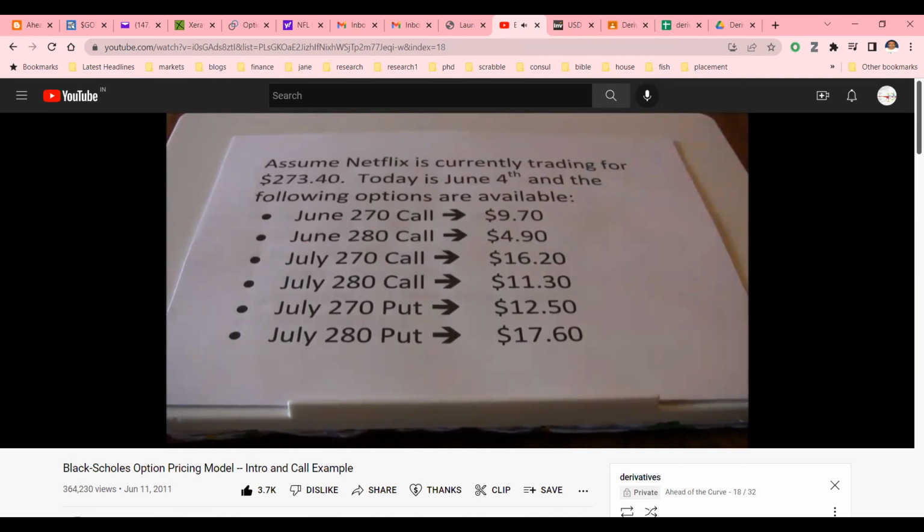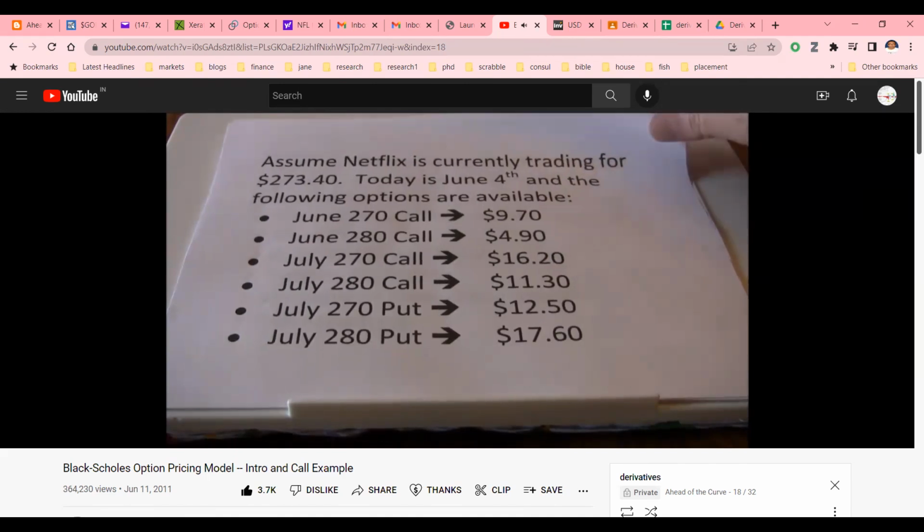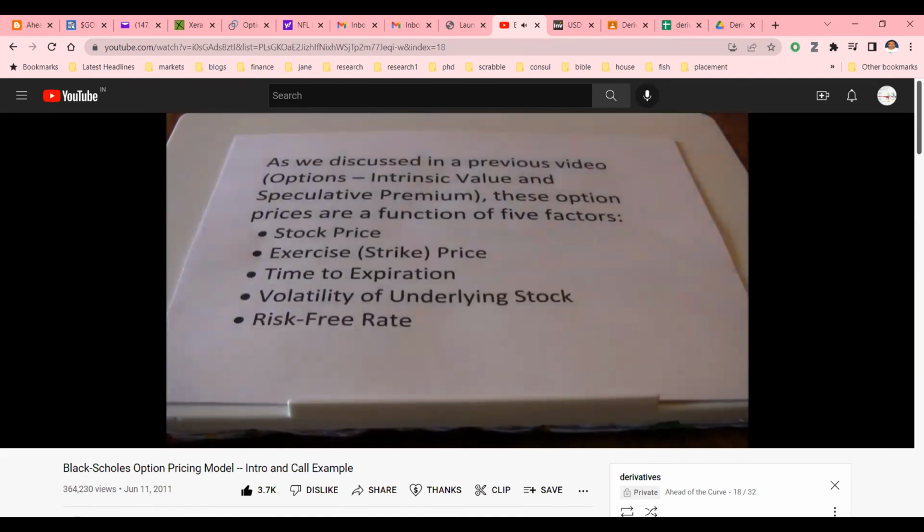Where do those prices come from? How do traders decide what's a fair value to pay for an option? One of the basic models is the Black Scholes option pricing model, and that's what we're going to walk through in this video. Now, as we discussed in a previous video when we talked about intrinsic value and speculative premium,